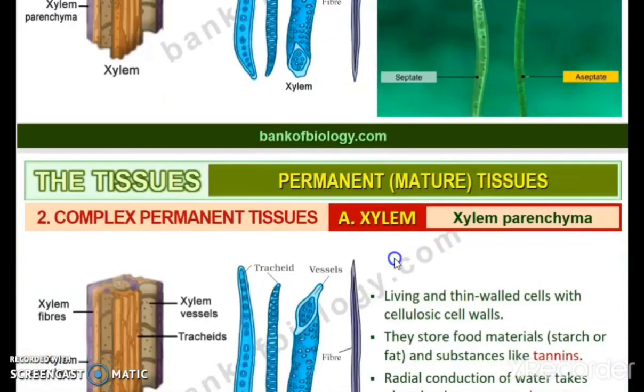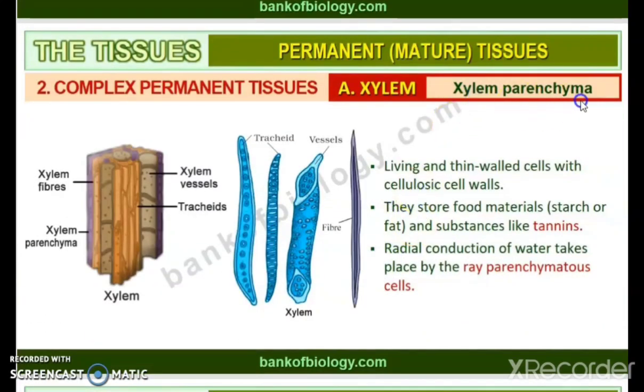Now let us move on to the next part of the xylem, which is the xylem parenchyma. So what is the xylem parenchyma? They are living and thin-walled cells. So in the case of the xylem, the tracheids, vessels and the xylem fibers are non-living. It means that they are dead cells. But only the xylem parenchyma is living, and it is thin-walled cells with a cellulosic cell wall. Okay, it means that their cell walls are made up of cellulose, and they store food materials like starch or fat